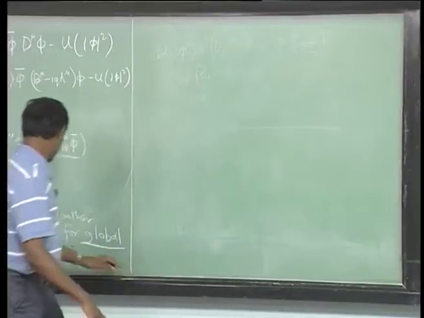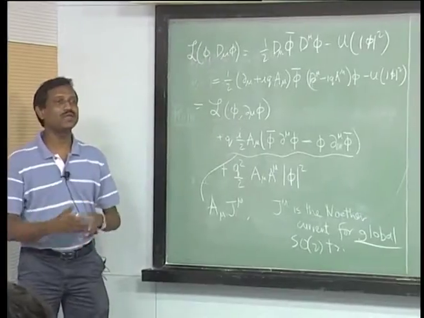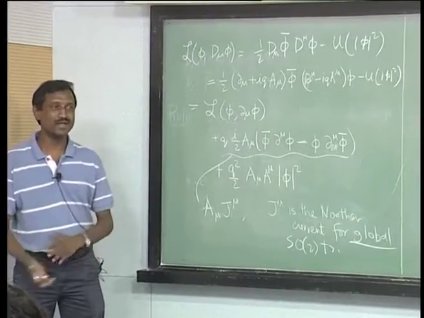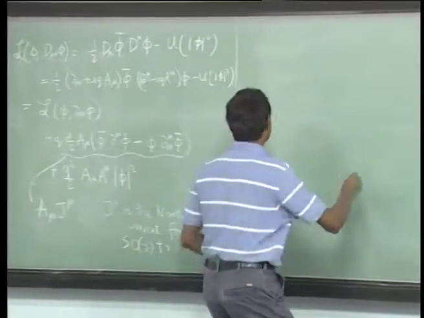So, this is the structure of the Lagrangian. Let us ask what the equations of motion look like. We can go back and ask what the ground state is, etc. We can ask these things. So, equations of motion,